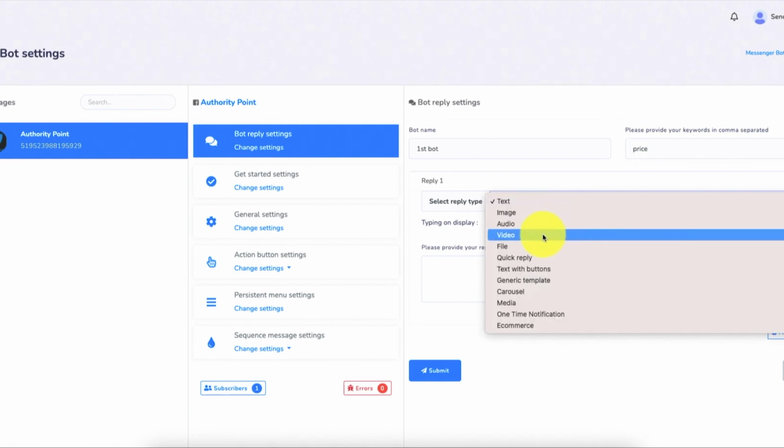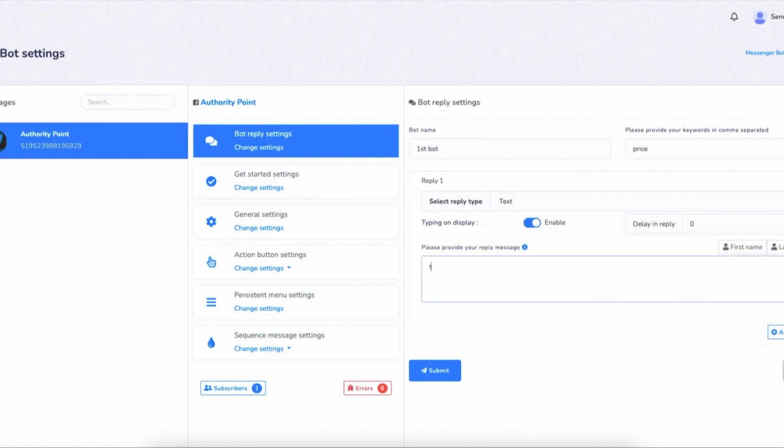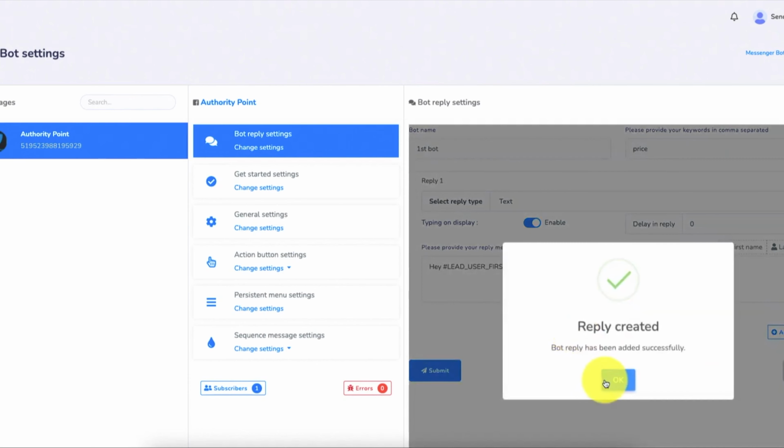You can send text, image, audio, video, or there are a lot of options. For example, let's personalize it. Hey, the price is 70. Okay, you can add more replies here. Click on submit. Okay.